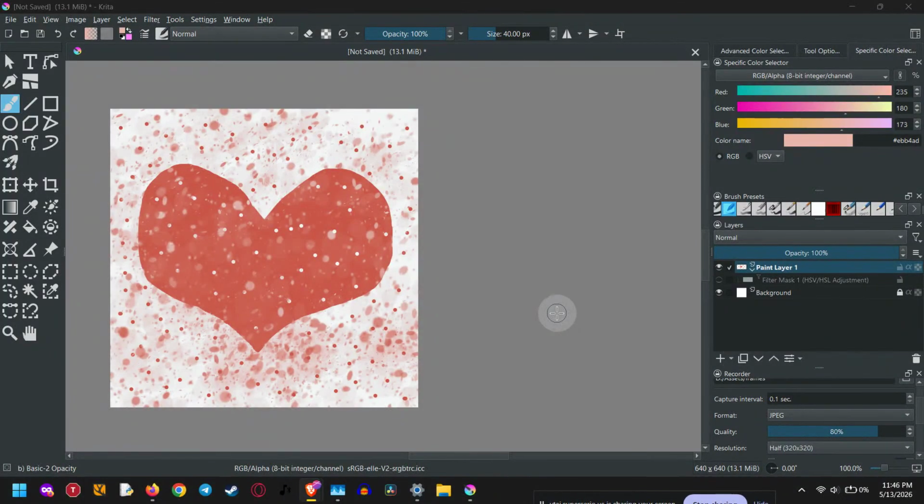If you've ever wondered how to see the hex code in Krita, you're in the right place. In this quick tutorial, I'll show you exactly where to find it, how to sample a color from your canvas, and how to view the hex value instantly inside Krita. This is super helpful if you're working on digital art, UI design, or just trying to match colors accurately in